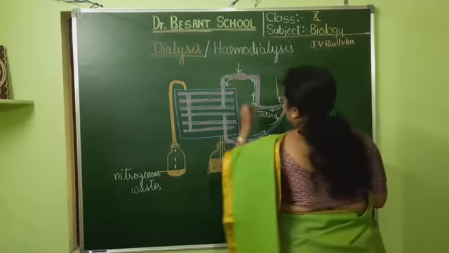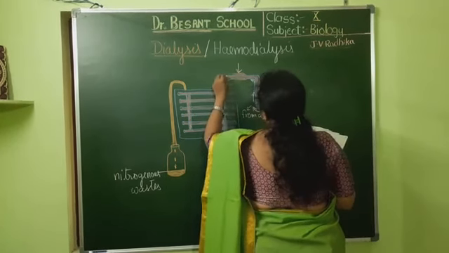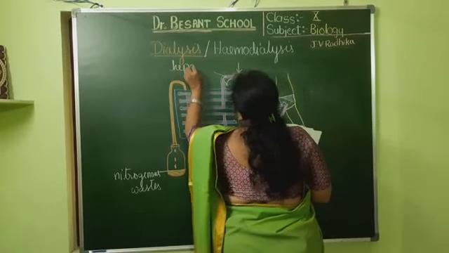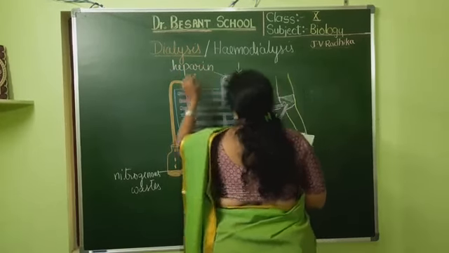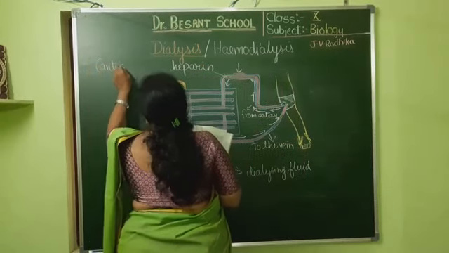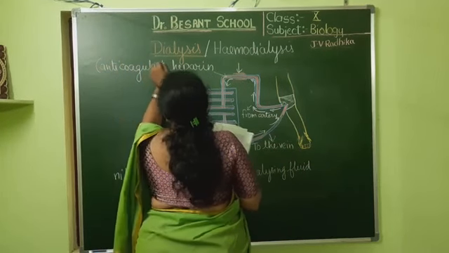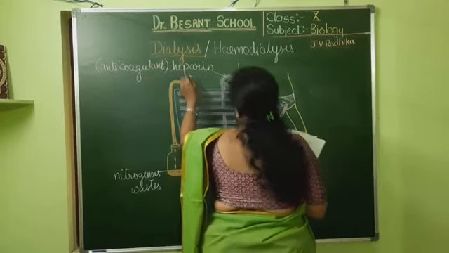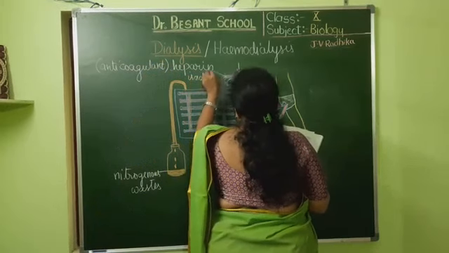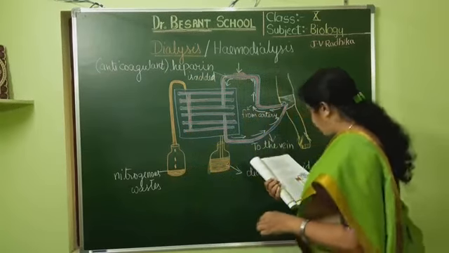Into this, what is added? Into this fluid what is added? Heparin is added. What is heparin? Anticoagulant. An anticoagulant is added. Heparin is added. Why is it added? Very, very important question they ask. It is added to prevent the